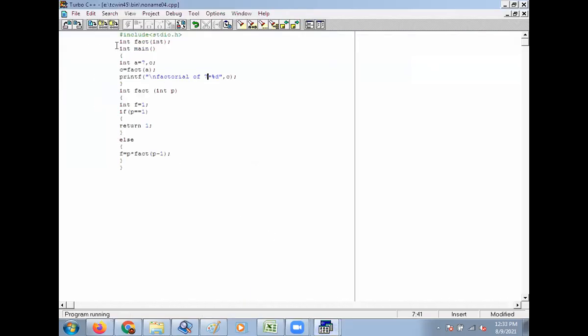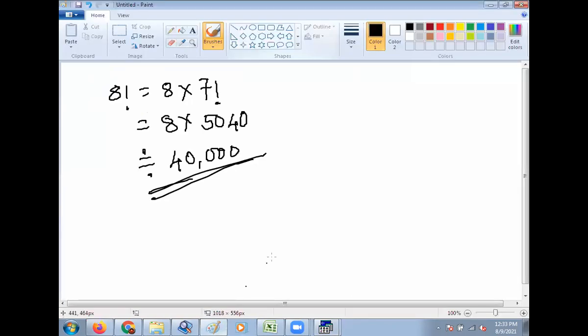Here we have taken the data type integer. So what is the range of integer? Minus 32,768 to plus 32,767.